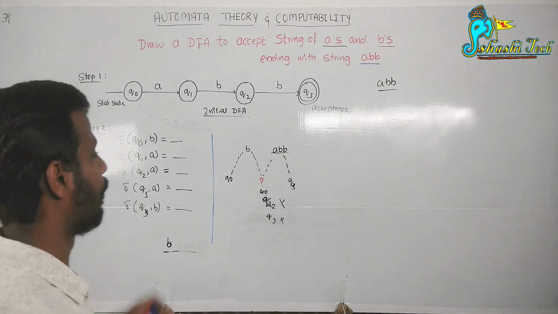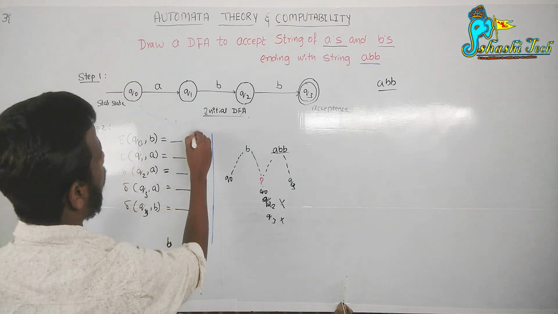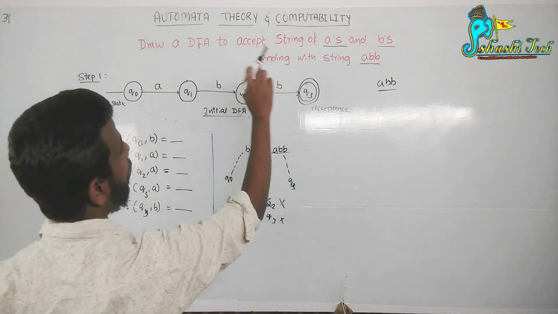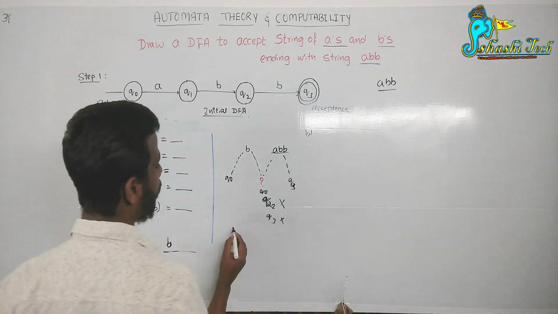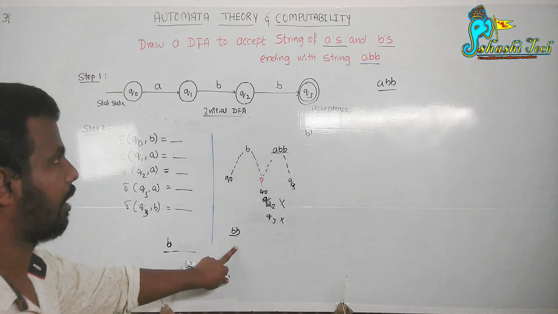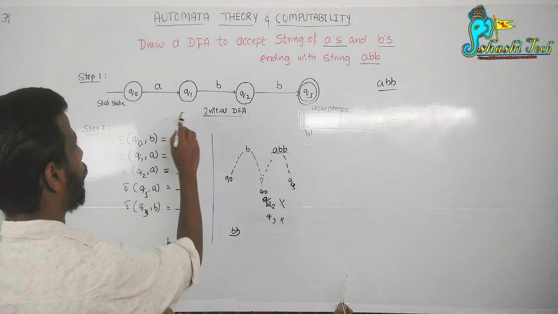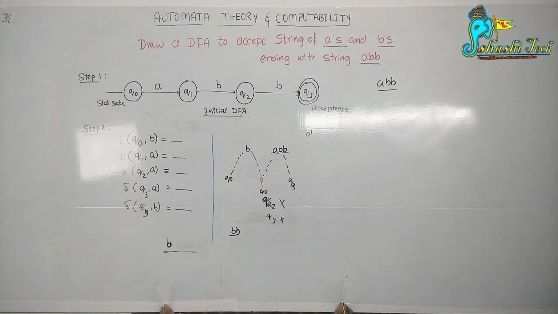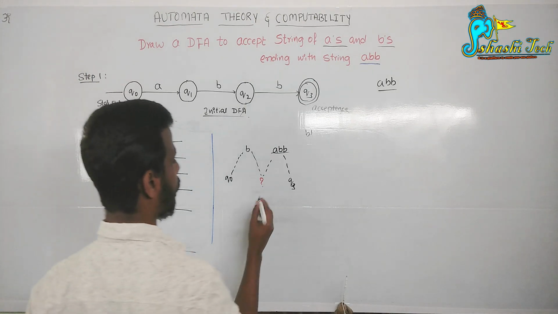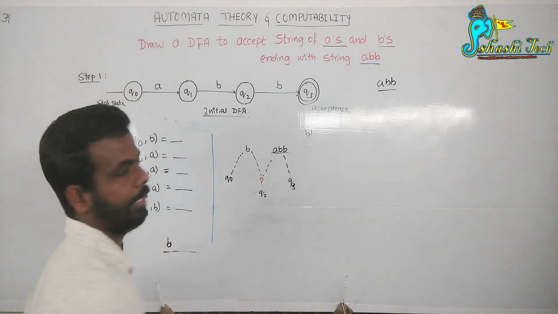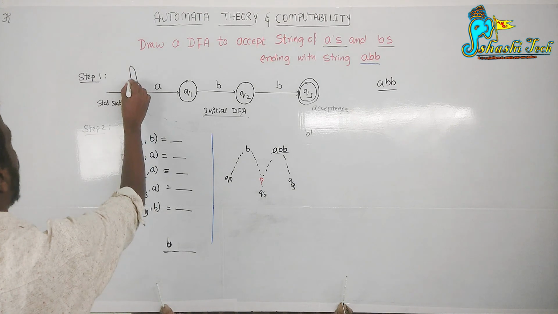Did you understand? If you write Q2 here, it is coming with the string AB. Q0 upon accepting B, then upon accepting B, it is going to reach the Q3 state. Even the string BB it is going to accept, but it should not. It should accept only strings ending with ABB. So writing Q1, Q2, Q3 is wrong. Sorry, we should write Q0 only. I will write it as Q0.